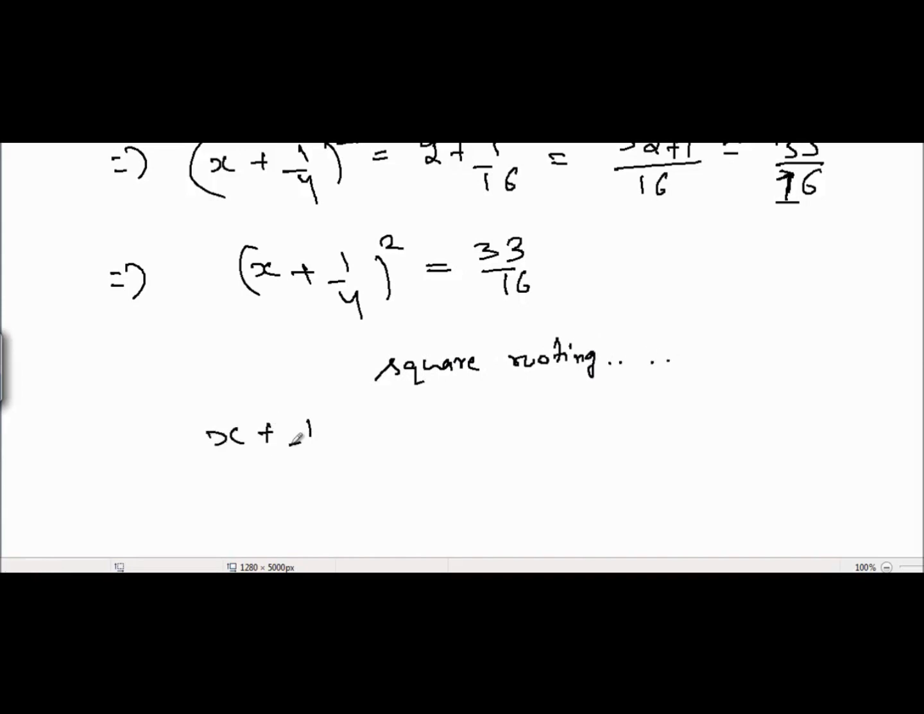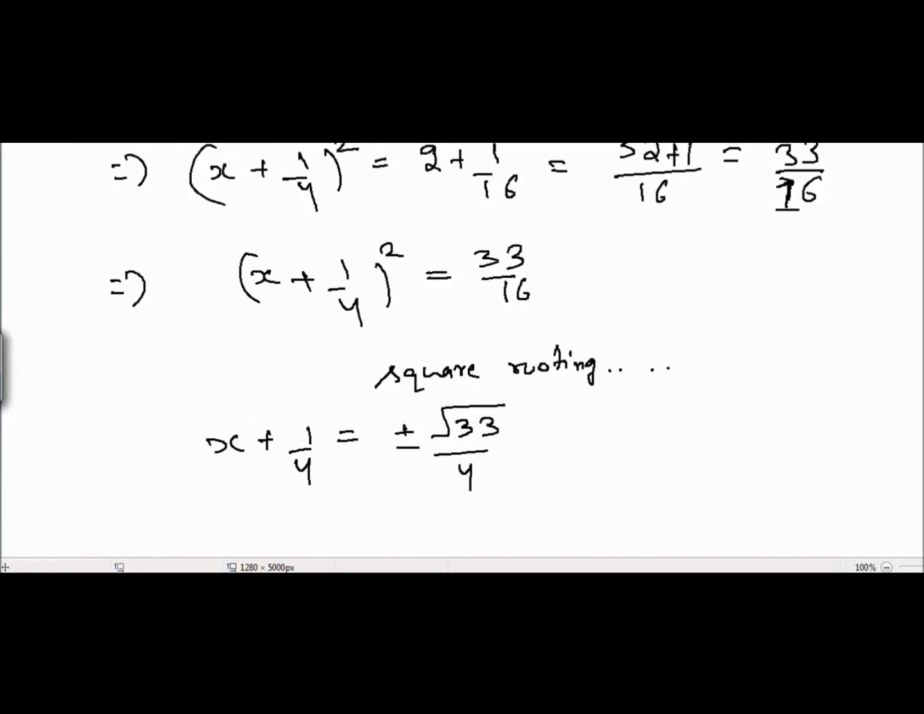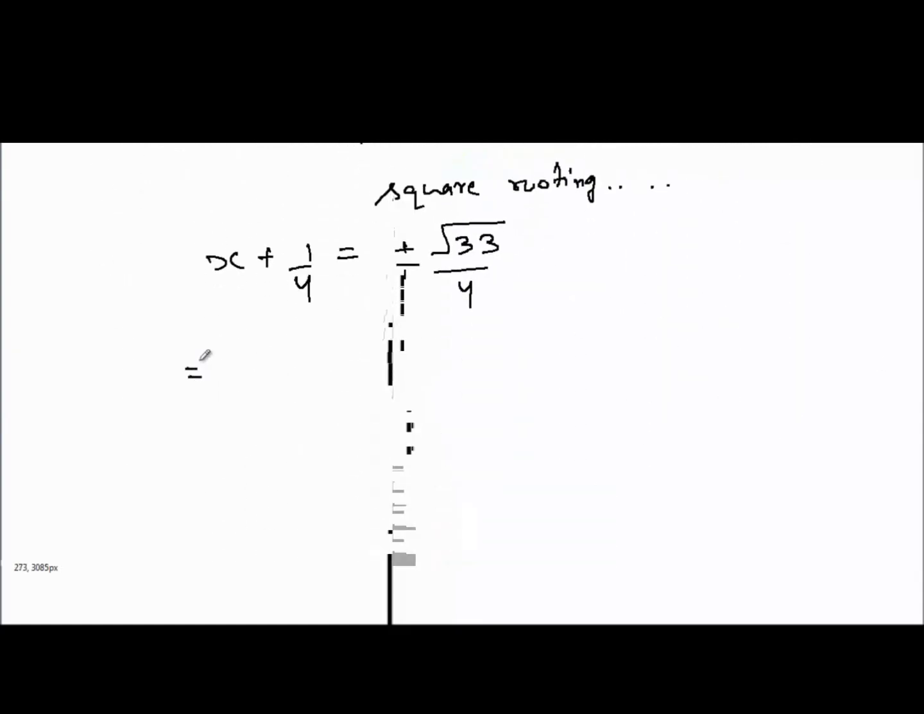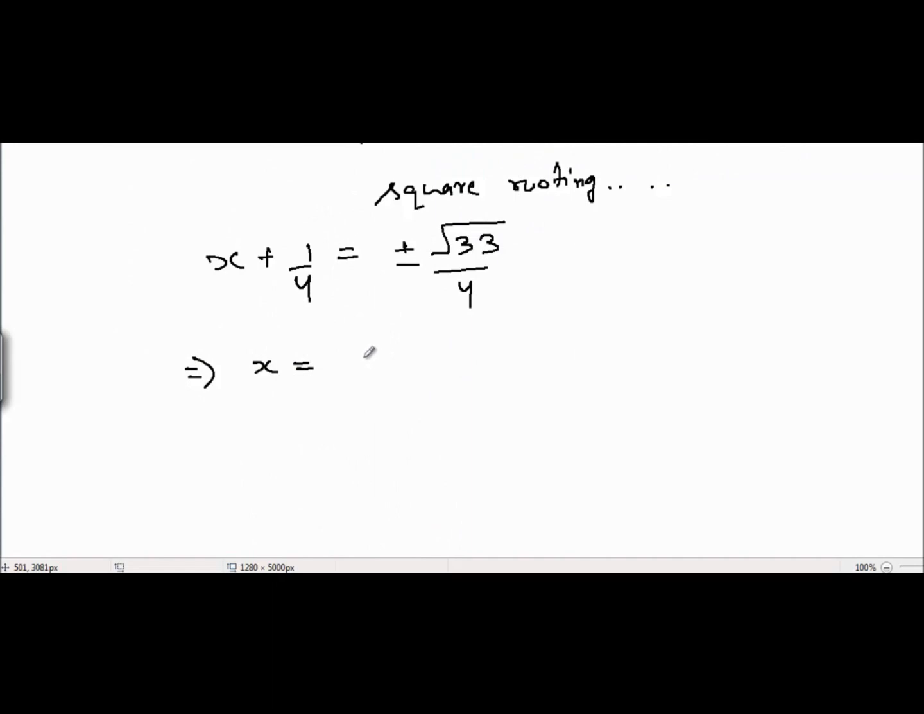I get x plus 1 divided by 4 is equal to plus minus under root of 33 divided by 4. So I get x is equal to 1 divided by 4 plus square root of 33 divided by 4, and x equal to, it should be minus, sorry, and x is equal to minus 1 divided by 4 minus square root of 33